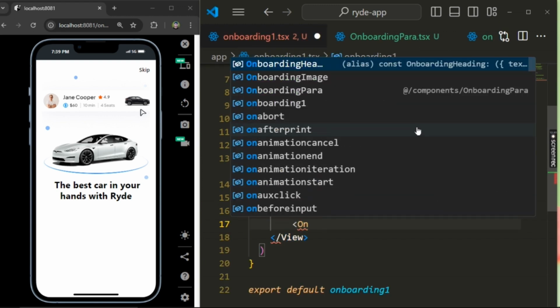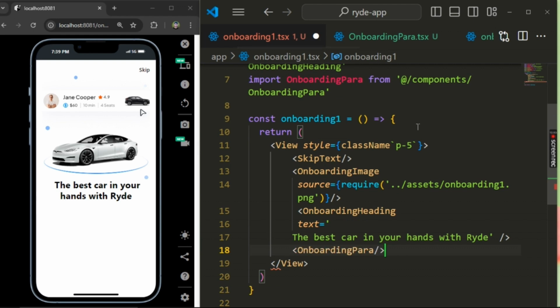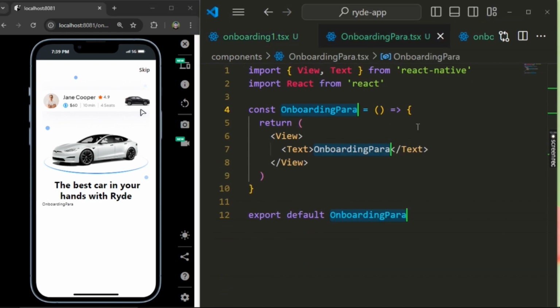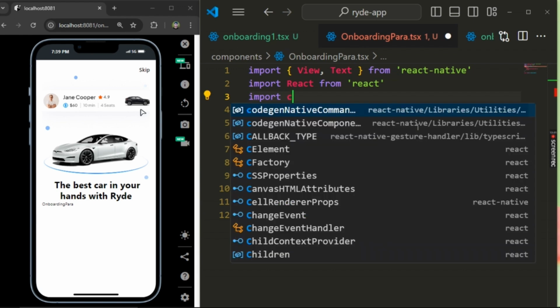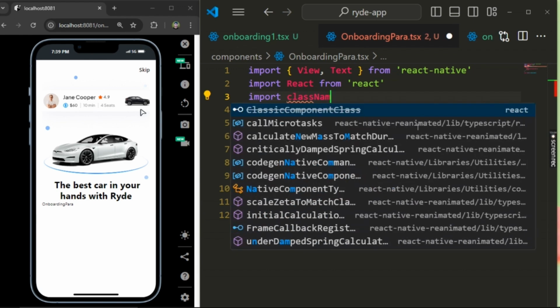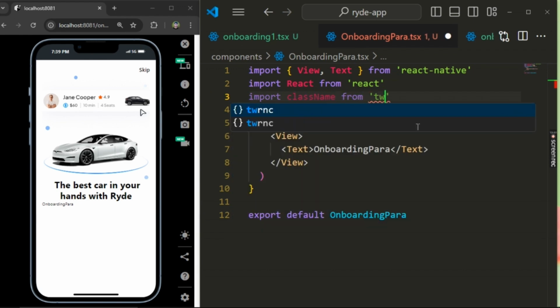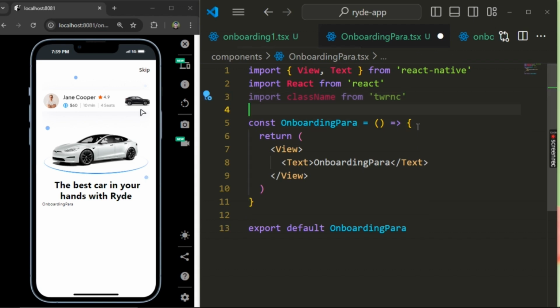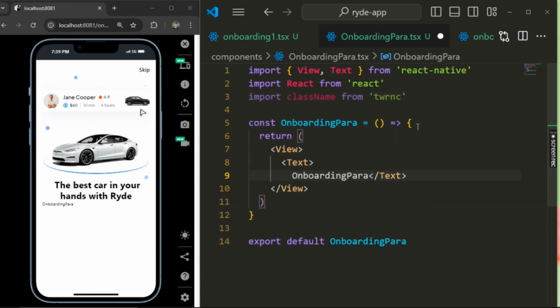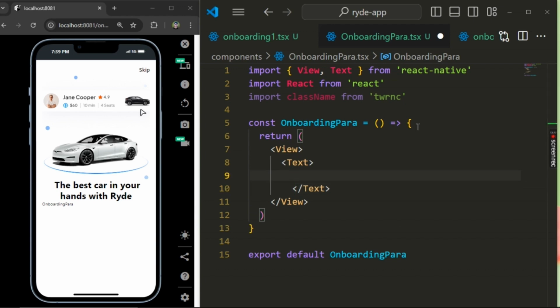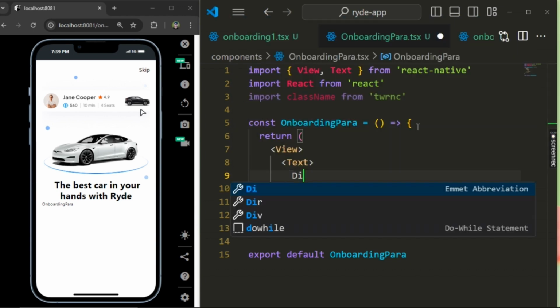After that we have to call it on our onboarding one page, so we can see the output. Now we can see the output. We have to import className from TailwindCSS on the component side, which is our onboarding paragraph, and we have to change this text to something like